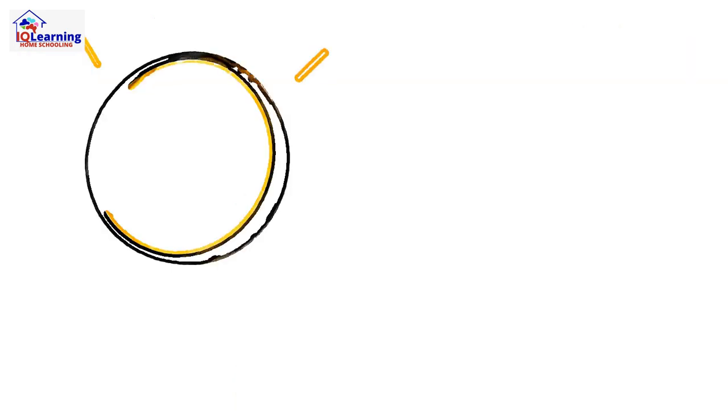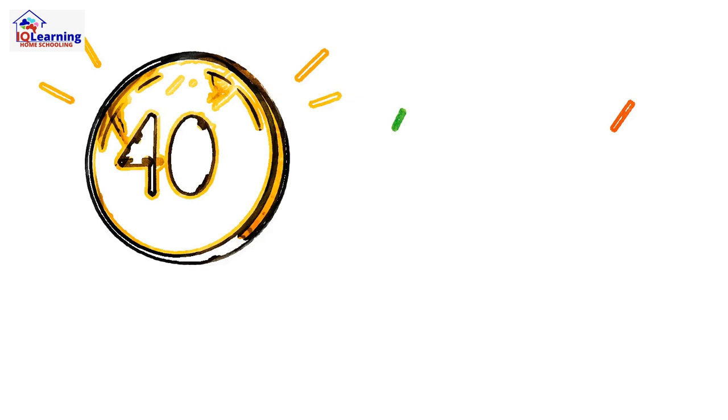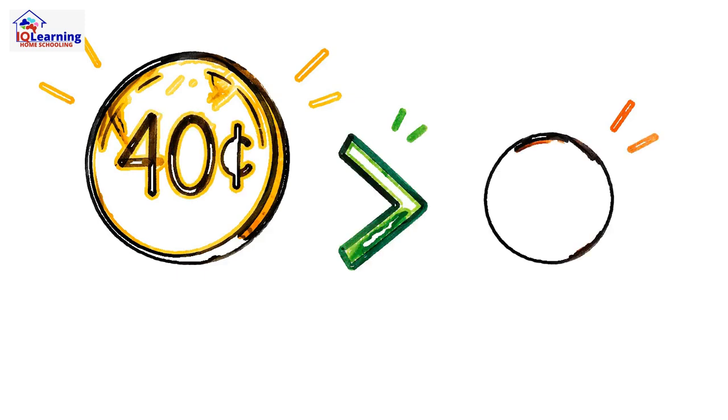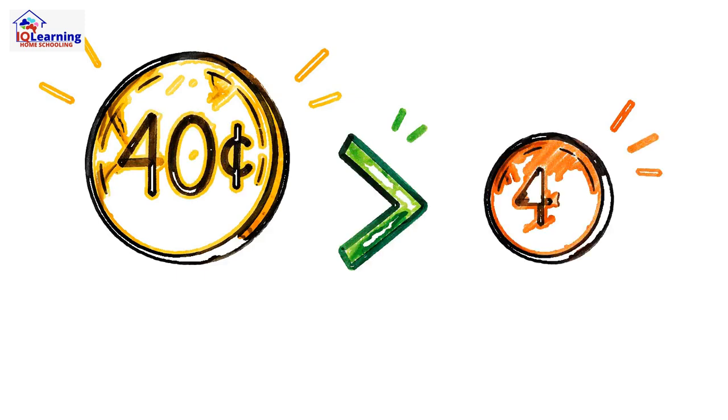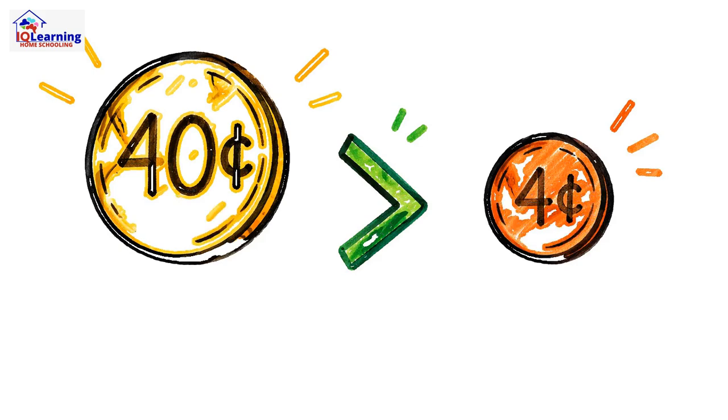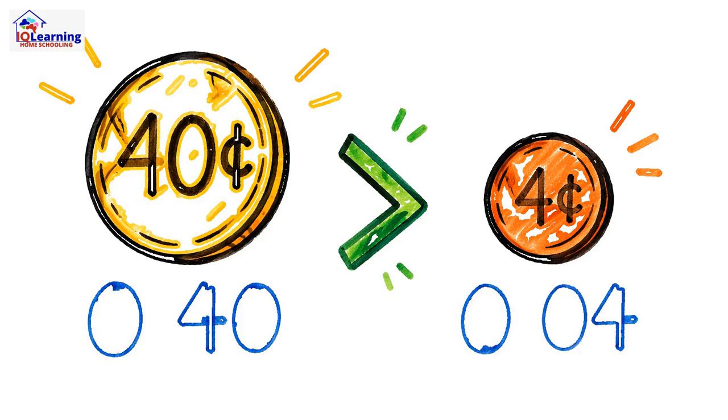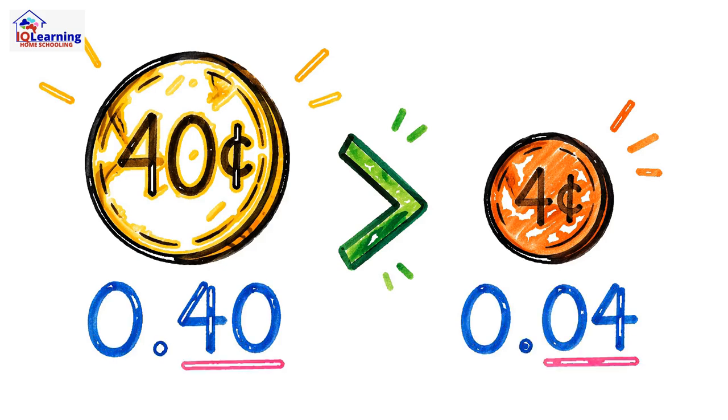So the next time you're stuck, use the placeholder 0 to make it a fair fight. And if all else fails, just think of it as money. Would you rather have 40 cents, which is 0.40, or 4 cents, 0.04? The answer becomes crystal clear: